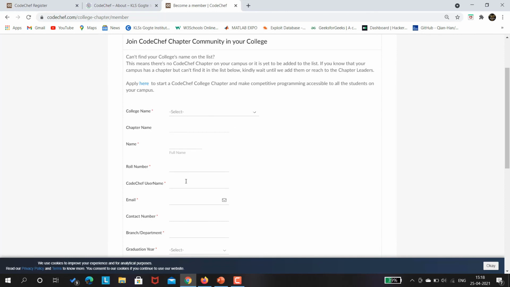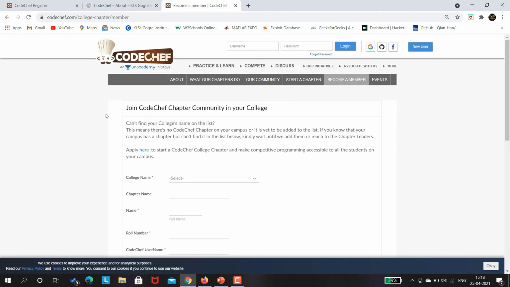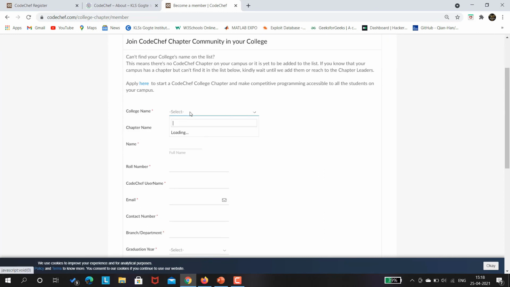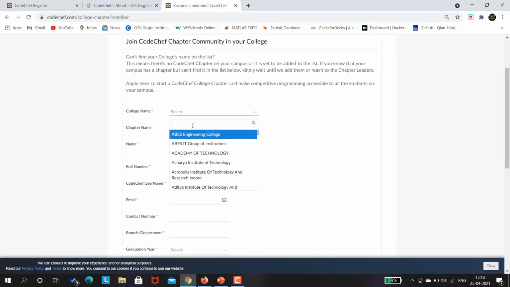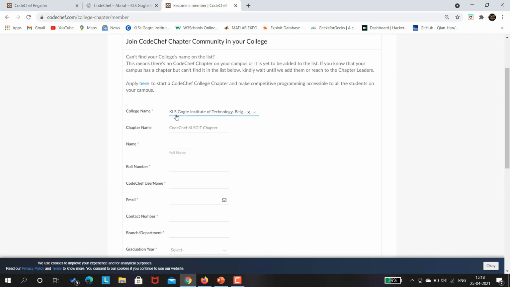So once you have successfully created your account, you would be having your CodeChef username. So remember that username guys. So once you get onto this page, you need to select your college chapter name. So for the students of KLS GIT, all you have to do is just search for KLS GIT, that is KLS Gokhale Institute of Technology. Then automatically you will be getting your chapter name as CodeChef KLS GIT chapter.